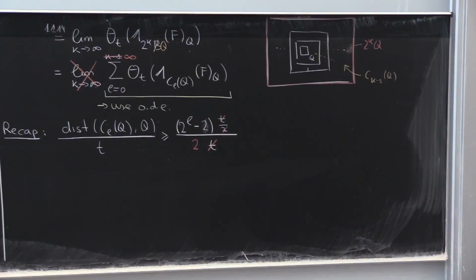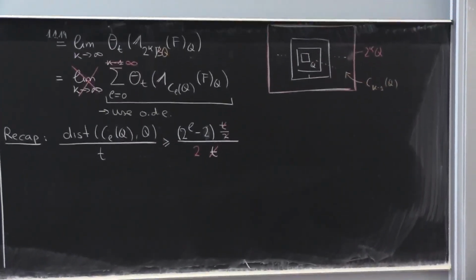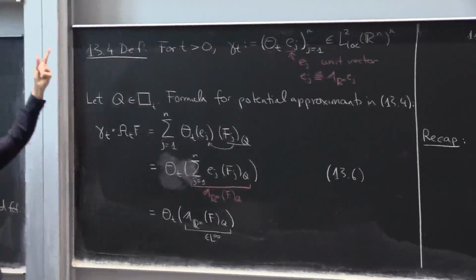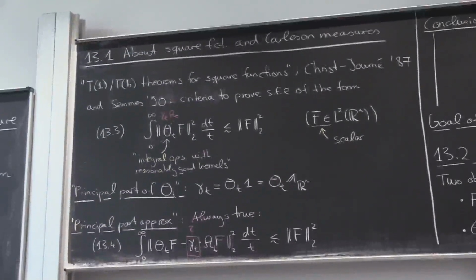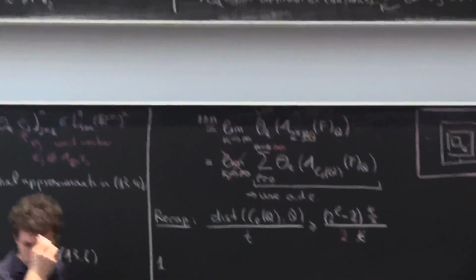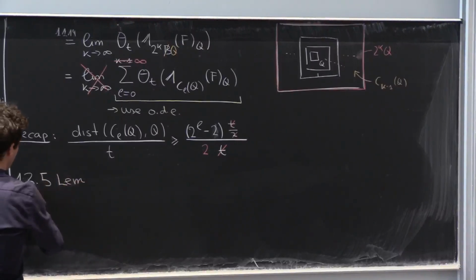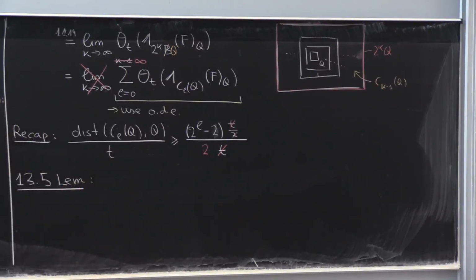Okay, let's do one computation with it, then we make a break, we digest what we've seen, and we go on to the more serious stuff. Okay, so I showed you a formula for how to compute this potential approximation in my principal part approximation. Now I'm going to show you a little lemma that says that these approximants are uniformly bounded in L2. That's absolutely necessary because the theta t's are uniformly bounded. So in addition to all other things, I should have uniform bounds for gamma t a t.